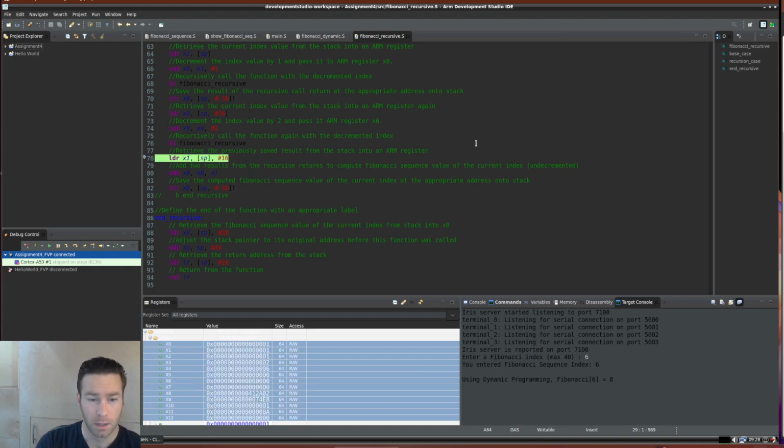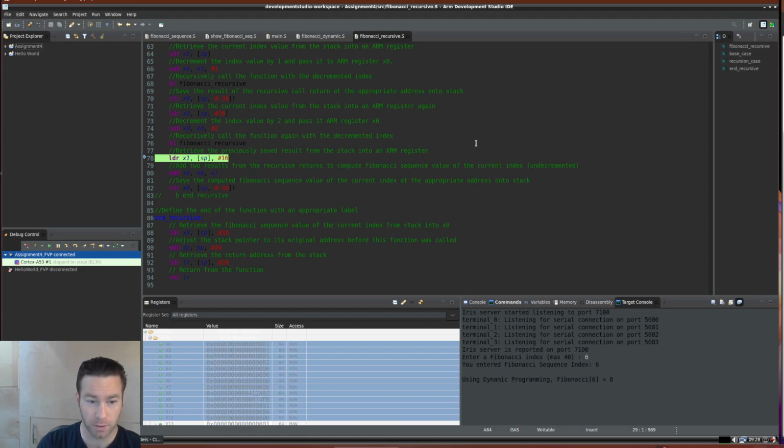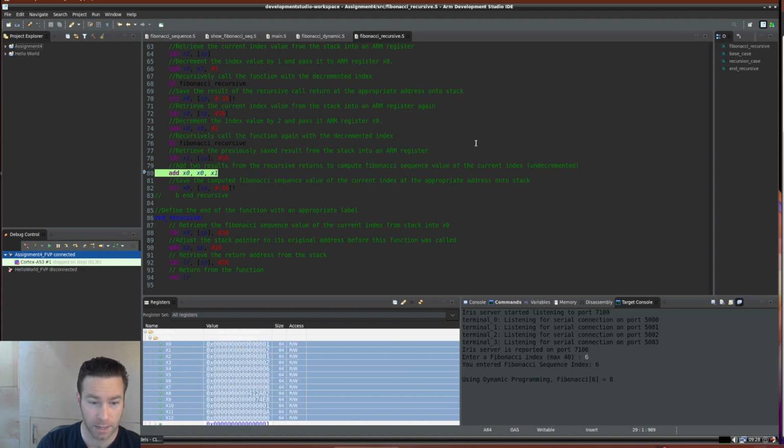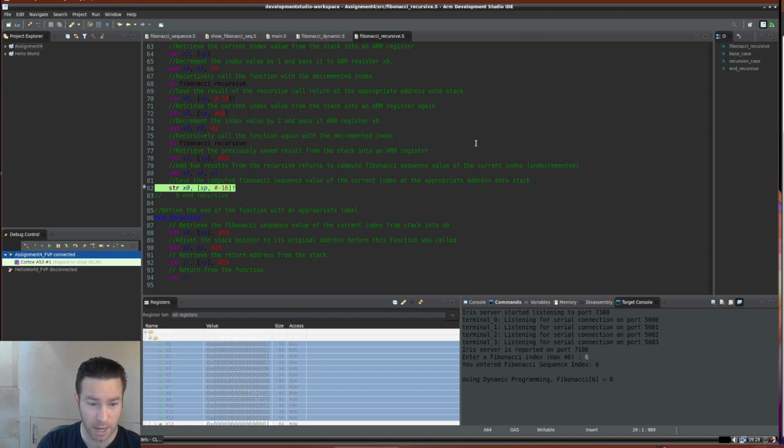Now we retrieve the previously saved result from the stack into x1. So the stack value from the stack pointer goes into x1, adjust the stack pointer, and add the two results together again: x0 added with x1, both of those are put into x0. The computed result goes into x0. Now we're going to save that fib index value at the current index onto the stack and adjust the stack,